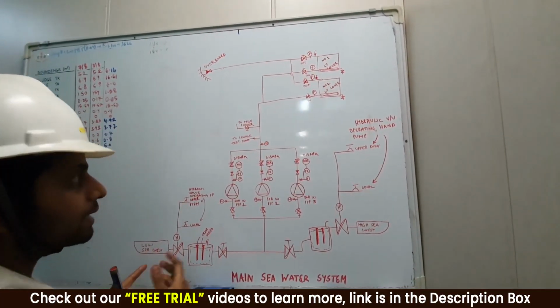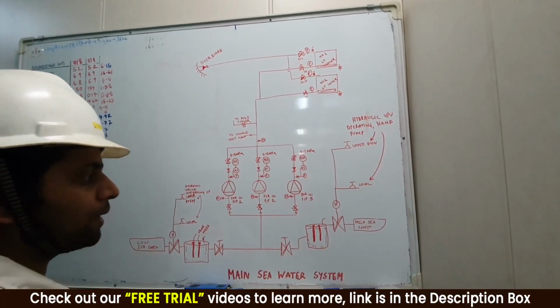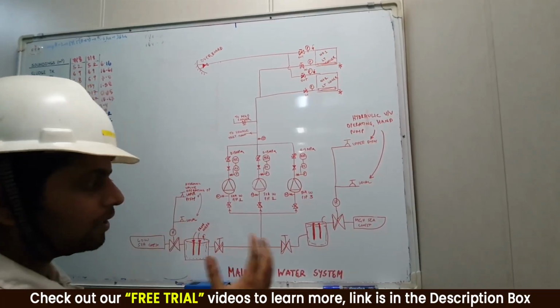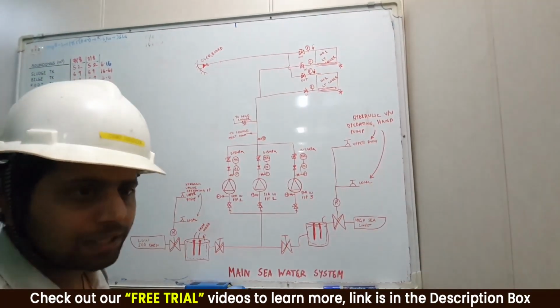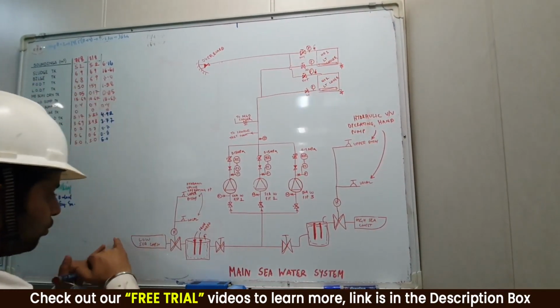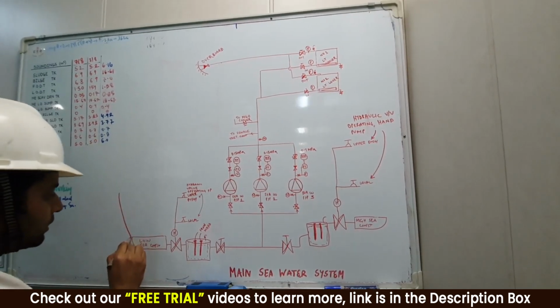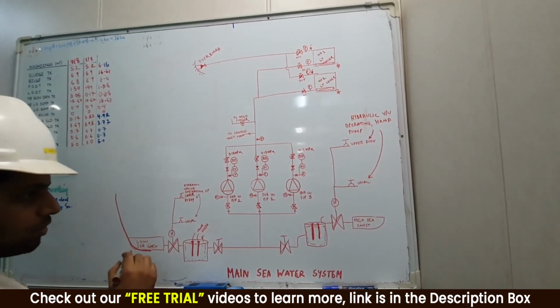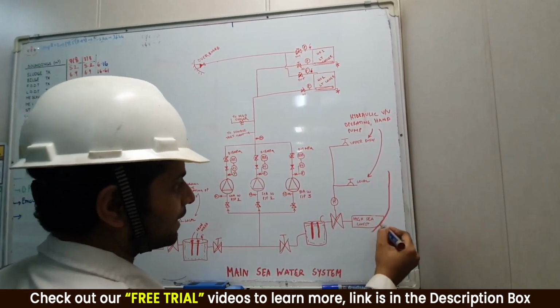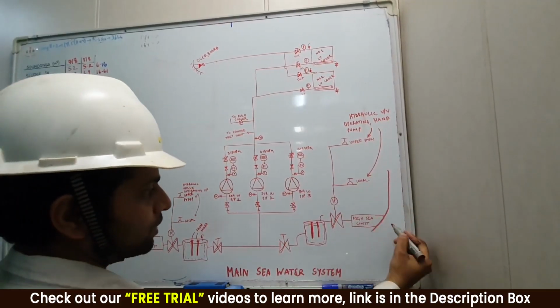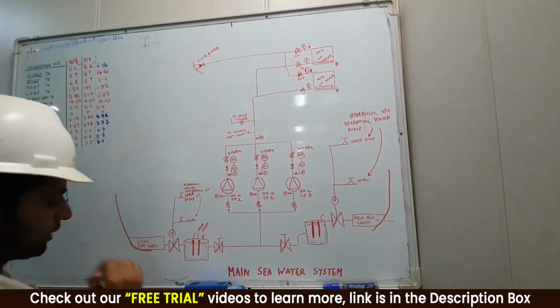So this is a line diagram of the main seawater system on board my ship. I made it over here, and now let us see how you need to understand a line diagram. I have got a low sea chest. See, this is my ship side like this, right? This is the lower sea chest, and this is the higher sea chest because it is on a higher level. So water is coming from here or over here, right?